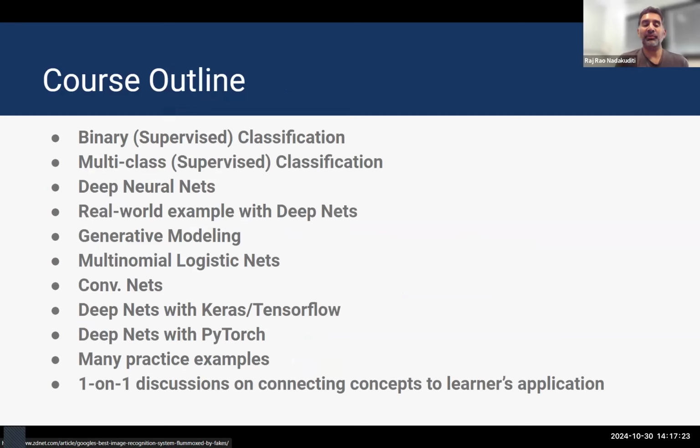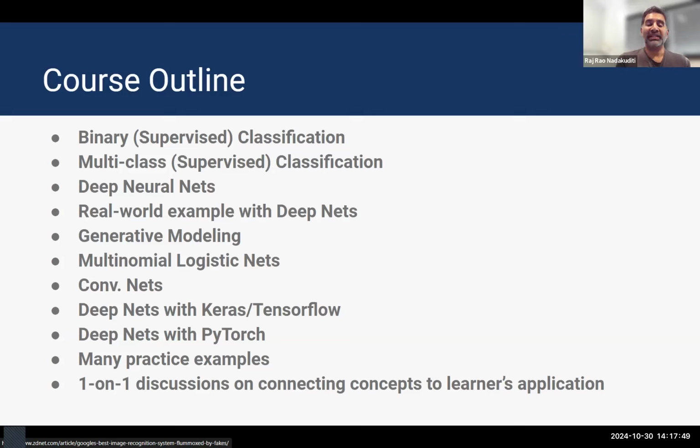Here are a couple of the topics that we'll cover. We'll start off with binary supervised classification, move on to multi-class classification, then go into deep neural nets, and do some examples with deep neural nets so you can get practice on the whole pipeline. We'll work with generative models, logistic nets, and convolutional nets, and then give you a couple of different ways in which you can program with deep nets using Keras, TensorFlow, or PyTorch.